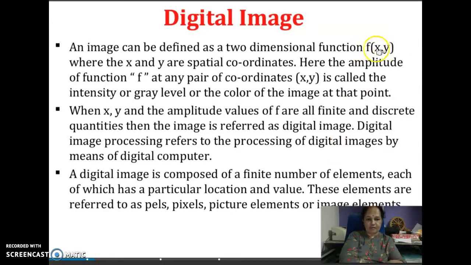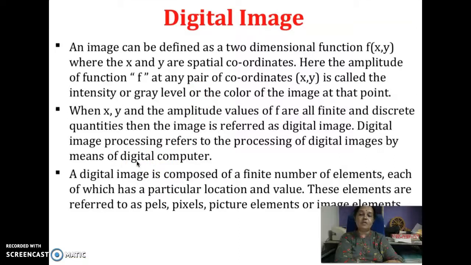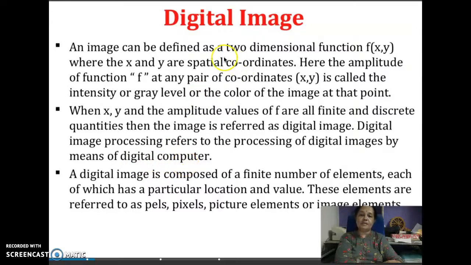The function f(x,y), in which x and y and the amplitude of f, if they are all finite and discrete quantities, then we refer this as a digital image. So this digital image is processed using a digital computer. So representation of the continuous image in zeros and ones and is mainly having the intention of processing by using digital computer is a digitally